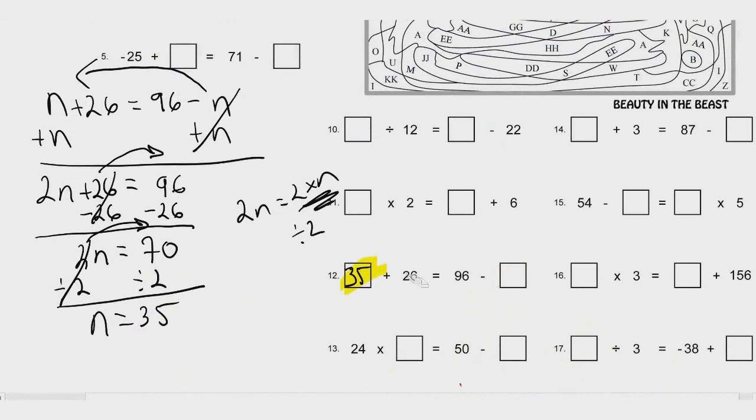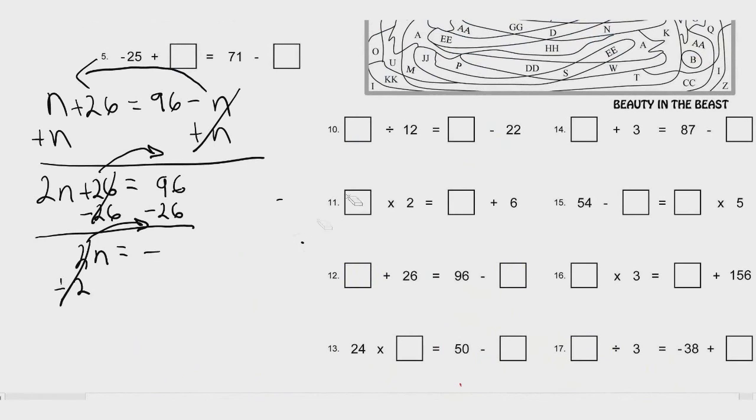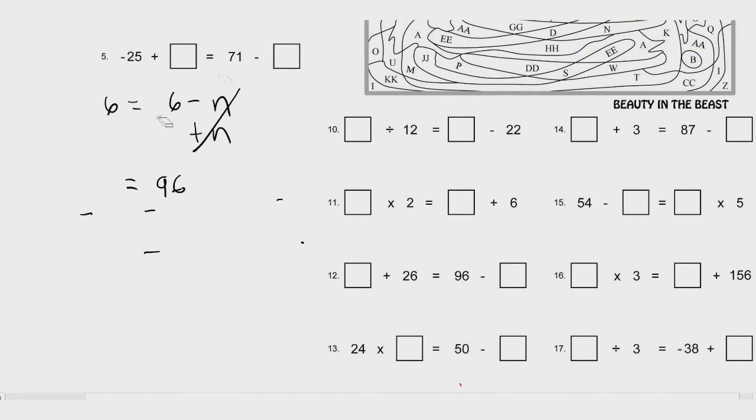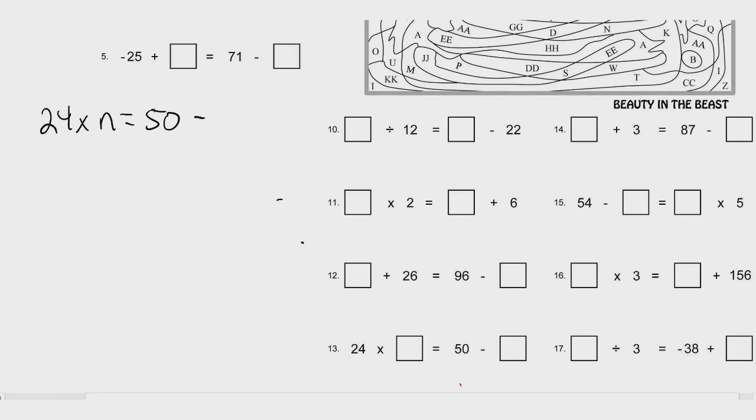13. Last problem in this group. E13, 13. Okay, 13. We have 24 times an empty box, which I'm going to substitute n in for, and 50 minus an empty box, which is n. I'm looking at this again, and I'm seeing 24 times n. I'm thinking, oh, let's move the 24. But wait a second. If we just write it this way, 24n equals 50 minus n, I think the best thing